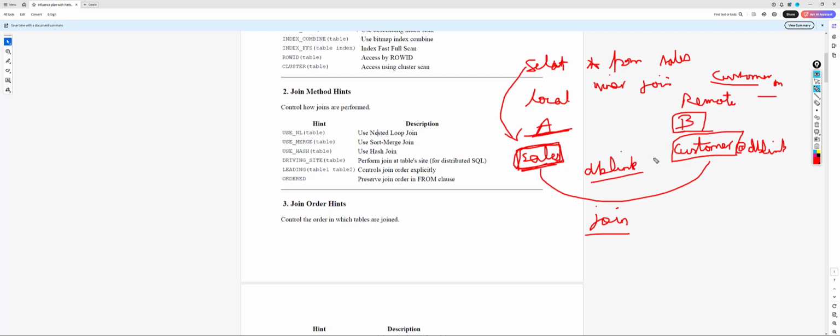So if I need to switch or swap the memory utilization to the remote database, then I can use this hint. Driving site means it will decide on which database this particular join operation should be done, so that database A will not be overloaded. I can pass all the join operation to the remote database. The join will be performed in the remote database, and once it is completed, it will give it to database A. So that's how we can offload